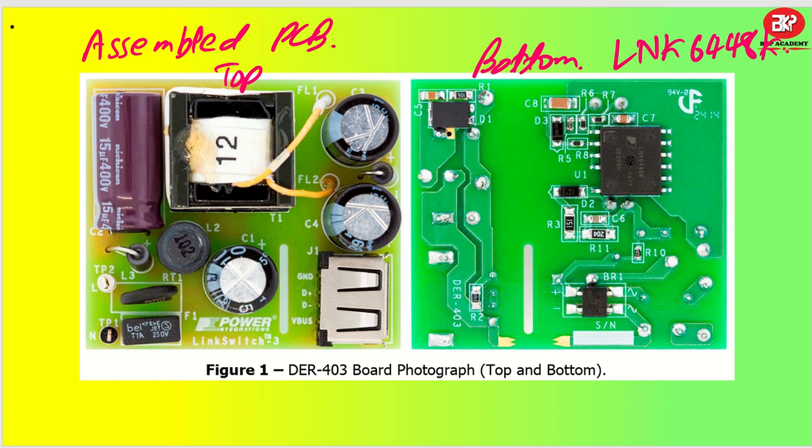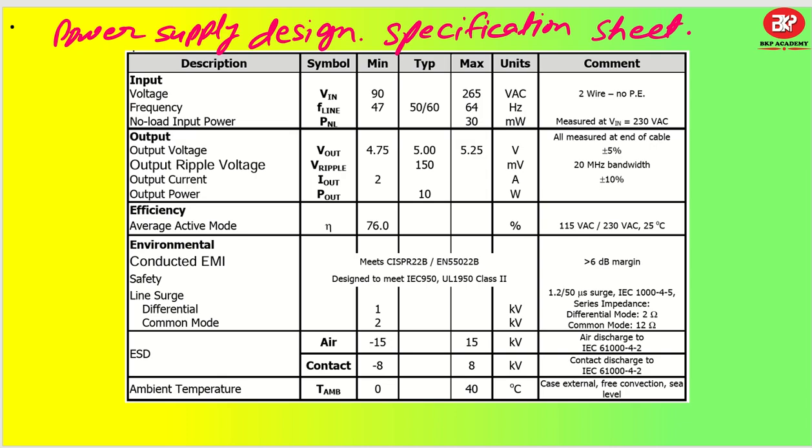Okay, so what we are going to do is talk about some of the features that we try to incorporate, or the specification that we need for the design, right? So let us try to understand what my power supply specification is, okay? First of all you have to fill this table so that you can have an understanding of what is needed in your design. It will become very easy for any kind of design later on, okay?